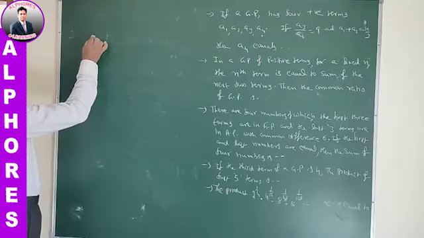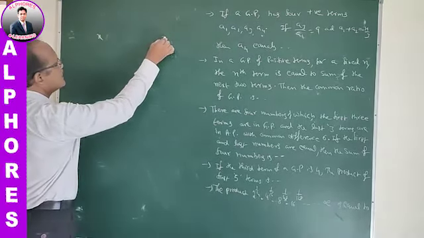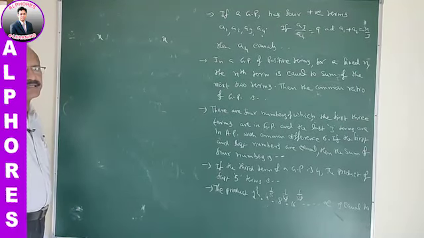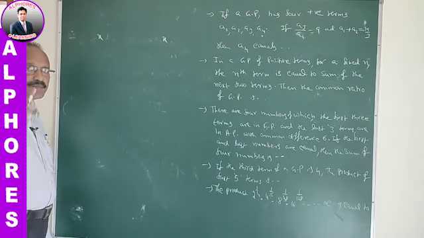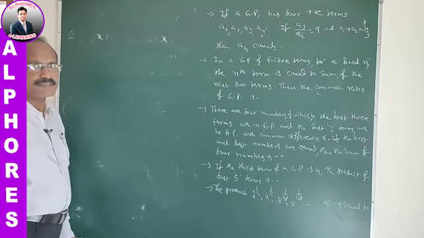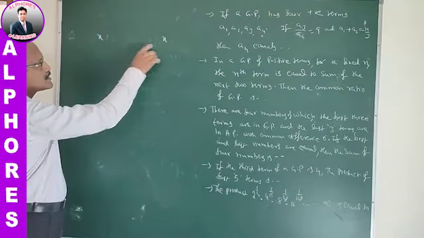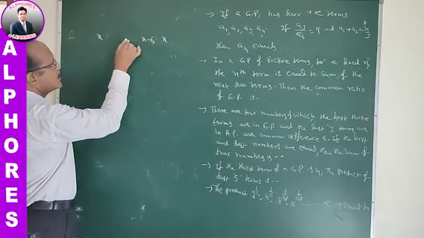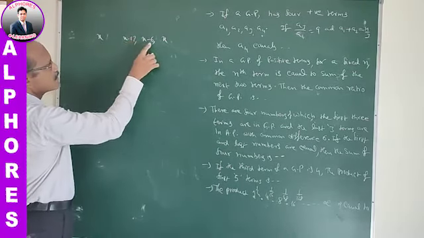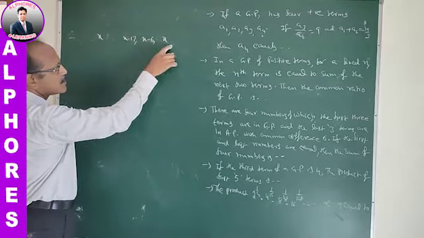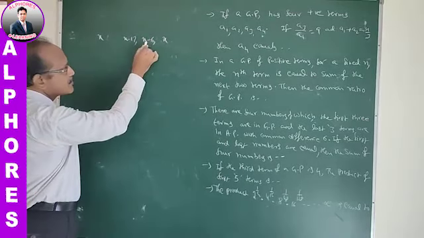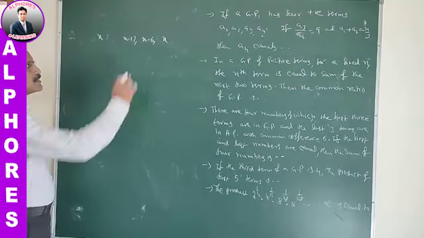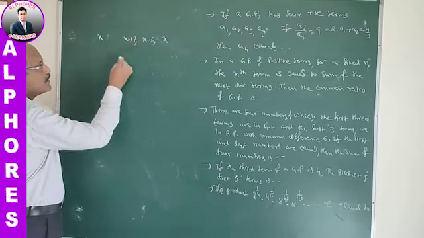That is, let the first and the last term be x because they are equal. I am fixing the first and last as x. Of course, the last 3 terms are given as in AP with the common difference 6. So I am writing the last 3 terms: the last number x, the last but one number x minus 6, and x minus 12. Why? Because these are in AP with the common difference 6. So I am maintaining the common difference 6. T2 minus T1 gives 6. These are in AP, right?